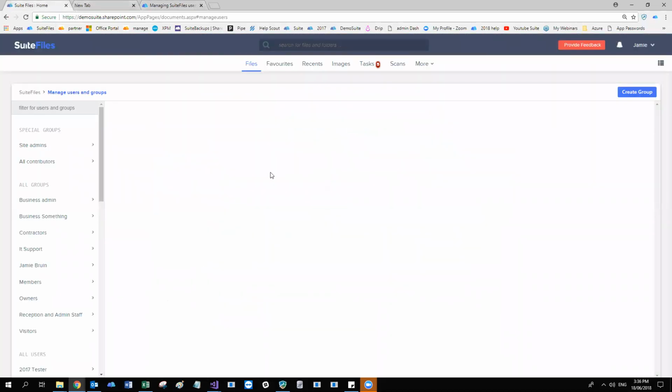All right, so to begin with, I just want to go through a bit of the information around the setup of SuiteFiles, what's supported in terms of browsers and the operating system, and just a bit of general info that's good to know before you're really using SuiteFiles. So, in terms of the